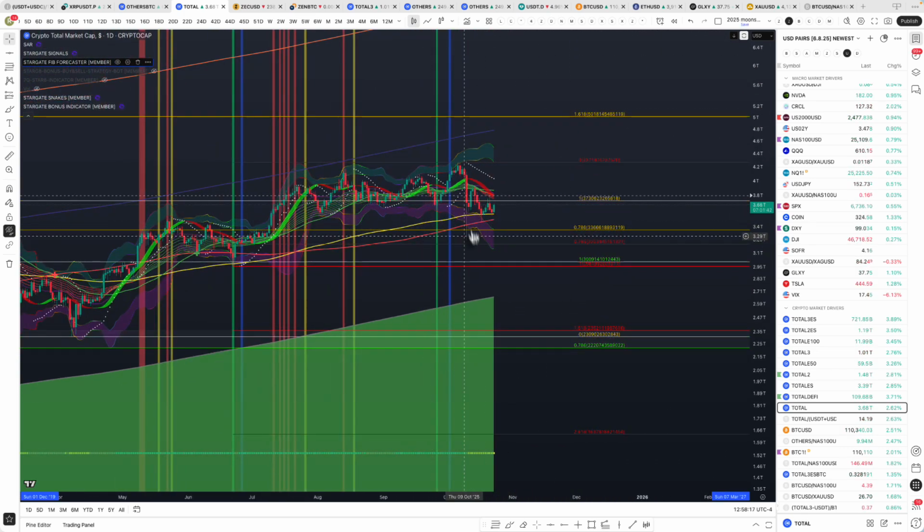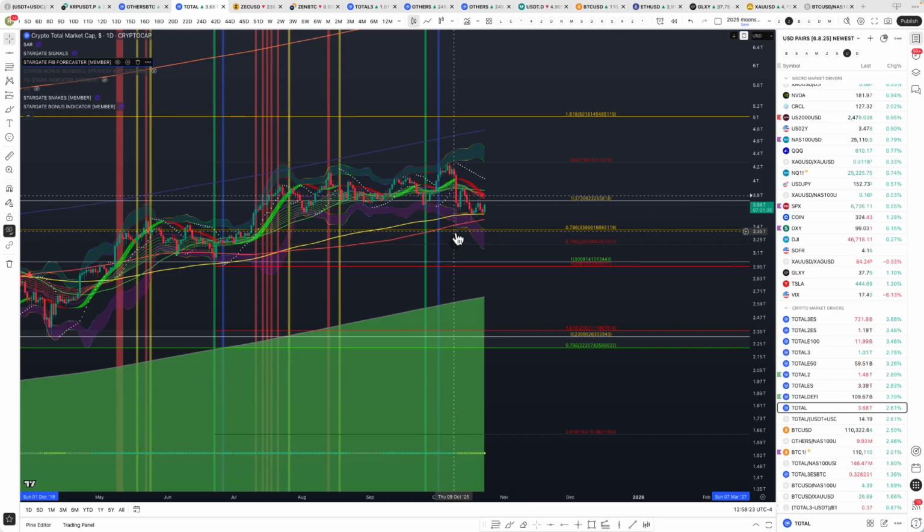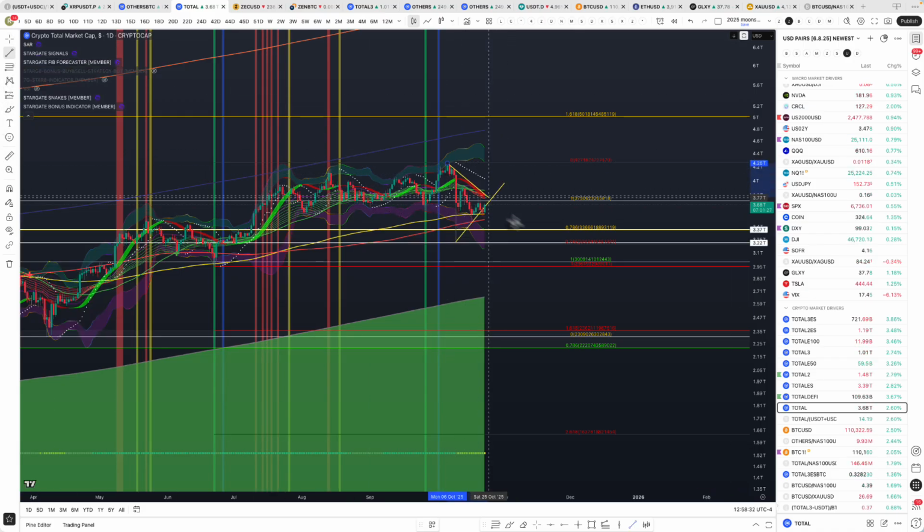So holding the critical 200 moving averages there on the 1-day. I had said in the last video that we had one move down, second move down. This was our third move down, getting that bounce. So far, so good. What I'd like to see in the immediate short term is for us to come up and break above this downward sloping trendline resistance, which would be getting us